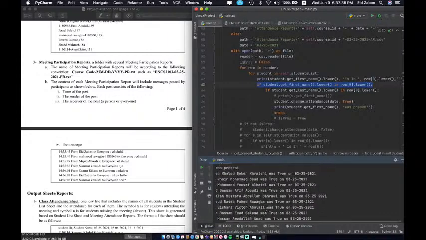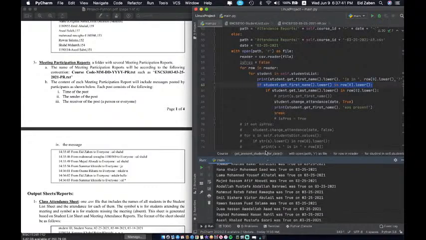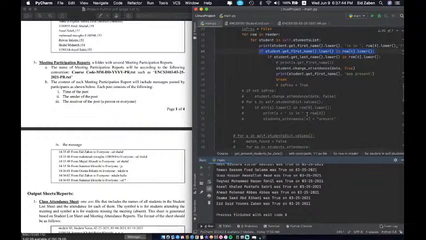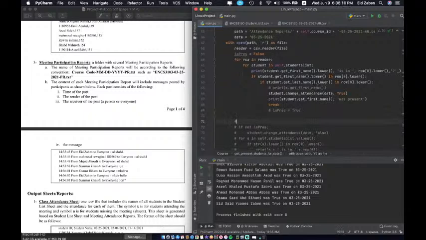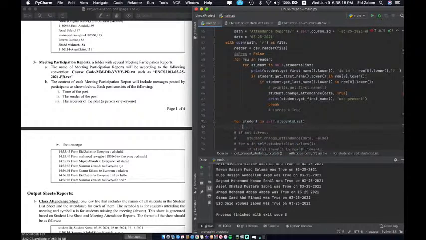Okay. Progress. Now all the people that are present gave us true, and the way that we can finish the rest of the students who are absent is by looping through all the students, checking them for the specific day we're on, and if we pass in the date and don't get true, that means they're absent and we pass in false. So to do that, we're just going to have another for loop after this one. We'll say for student in self dot students list, and then we'll say if